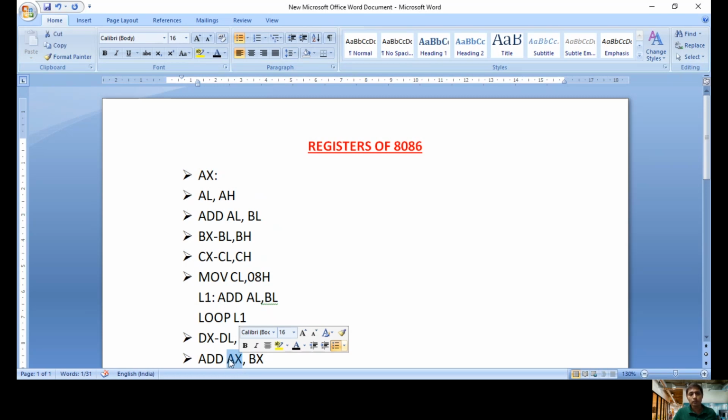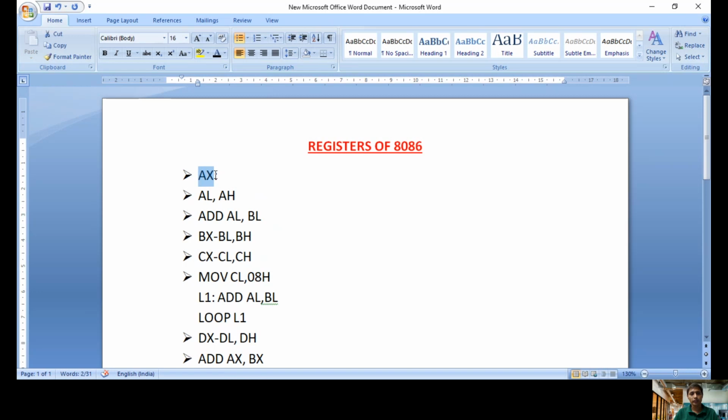The remaining result is stored in this DX register. Even if we are not initializing it here, DX will take the other part of the result. That means after 16 bits, if any carry appears, it is stored in DX. But this is possible only after initializing DX. So you should initialize DX, and only then DX will take the remaining part of the result.